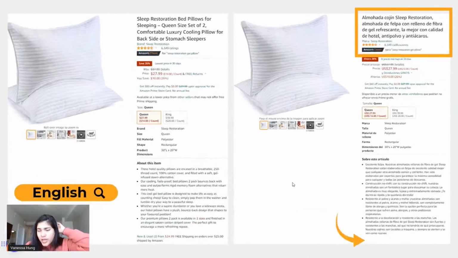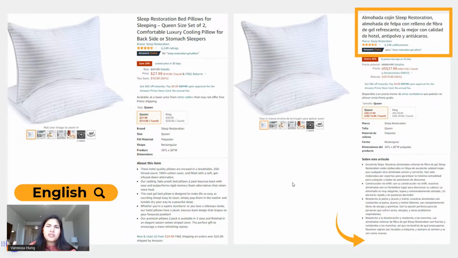So for example, in my example of the pillow, in the English section I have the size. It says queen size set of 2. And in the Spanish one I don't see any number and I don't see any size. And the size in English and Spanish is the same. Queen is the same word that they use to refer to sizes in pillows.